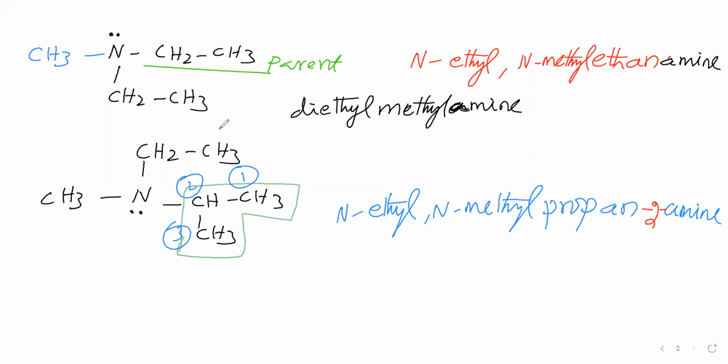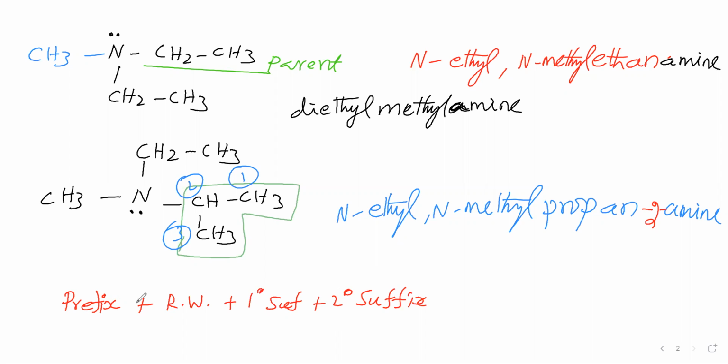So in the IUPAC nomenclature, one is a prefix, which comes under branch and substituent. Then the root word, which is the parent. Then the primary suffix, which means carbon-carbon single bond, carbon-carbon double bond, carbon-carbon triple bond. Then the secondary suffix, where the main functional group will come. The main functional group name we have to say as the secondary suffix. The remaining functional groups we have to treat as substituents, and that name we have to write as a prefix.